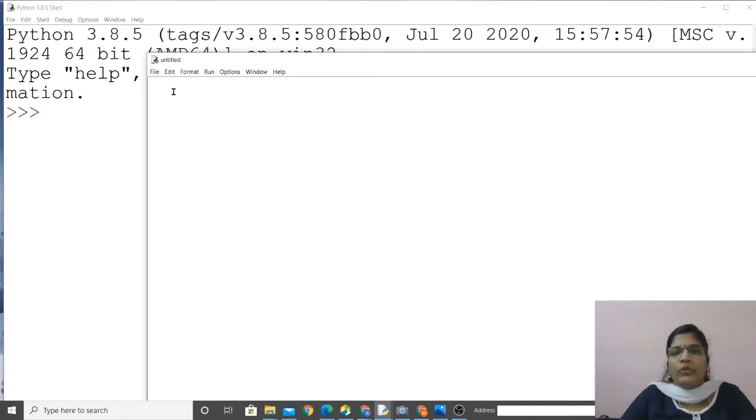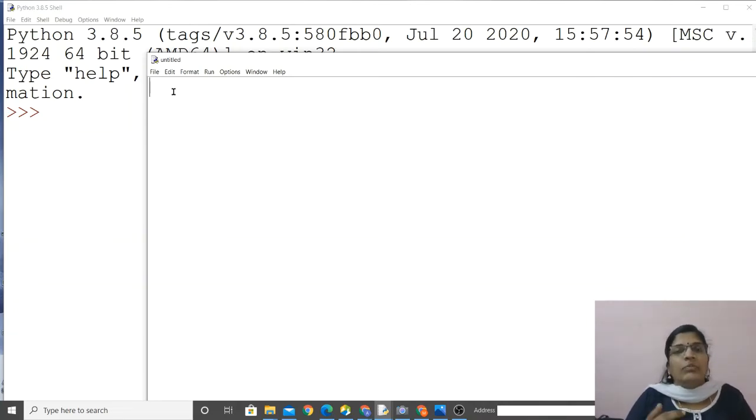Let me type a program with an if else statement. We are going to compare two numbers and give a condition. First we have to get two numbers from the user.